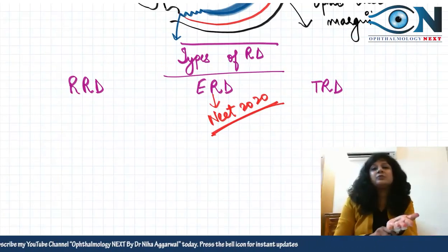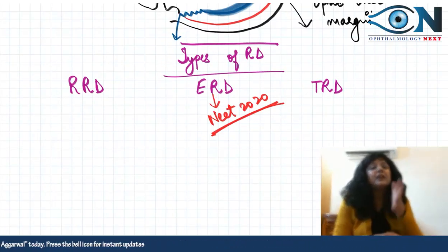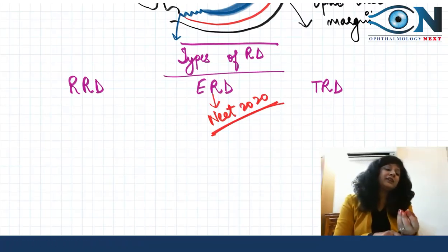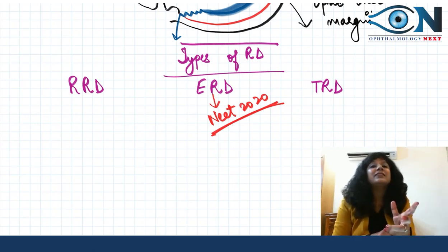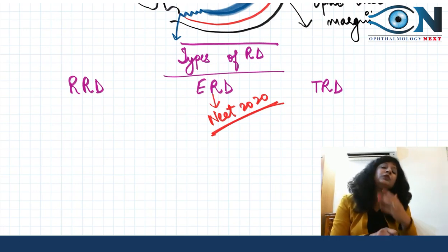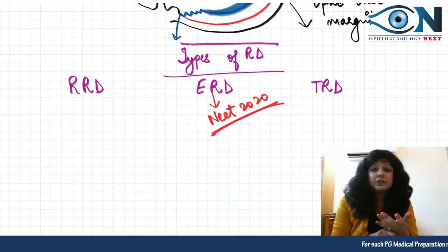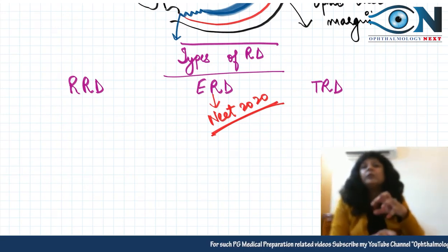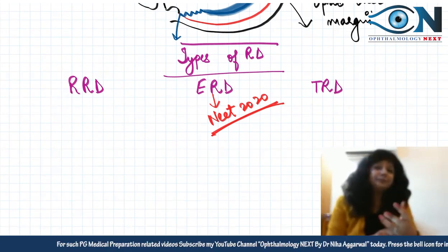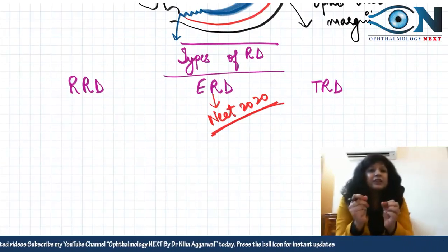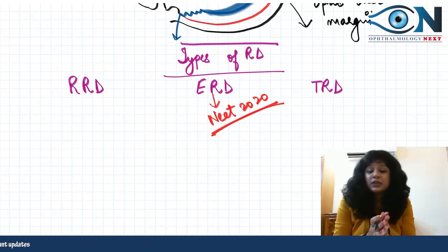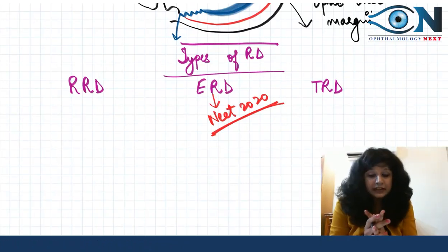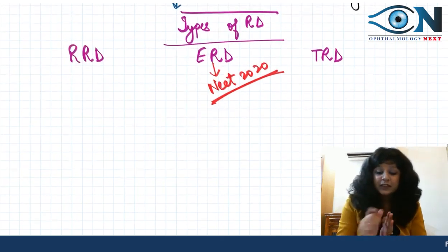So retinal detachment is an important topic, and especially the paper that was conducted this year, the NEET 2020 paper, is a milestone one, because that showed so many things. That was a glimpse of the next pattern, and all those topics which were covered in NEET 2020 are the important ones, and you should always look for them. Even if there is a minute detail about these topics which you are missing, that should not be missed, especially if it is related to a clinical thing. Okay, so let's start with the RD.